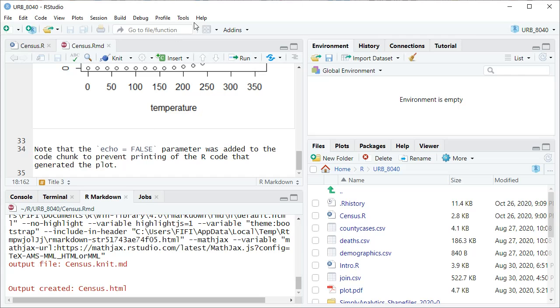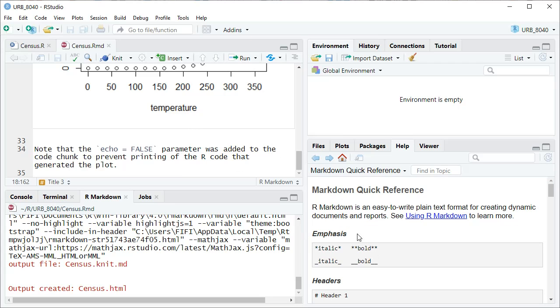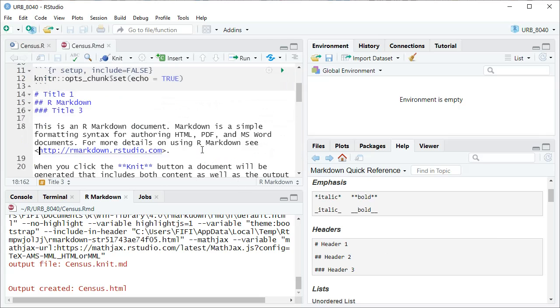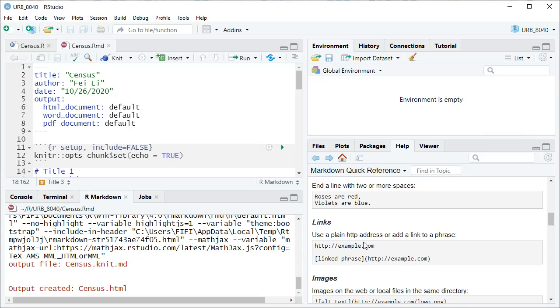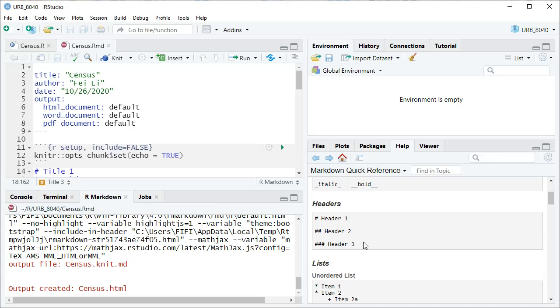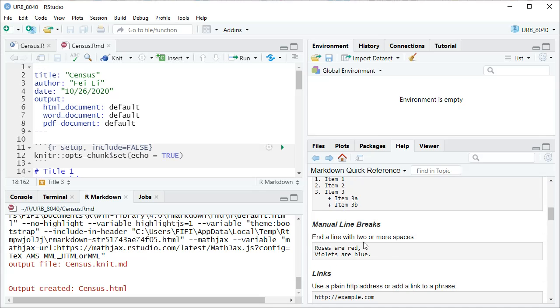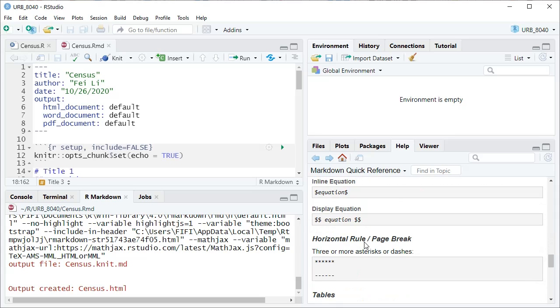For more formatting options, go to Help and Markdown Quick Reference. And you can see here is how you can use very simple symbols and formats to change the style of your text, create headings, lists, numbered and bullet point lists, line breaks. Let's take some time to explore these options, and I want you to take maybe 15 minutes